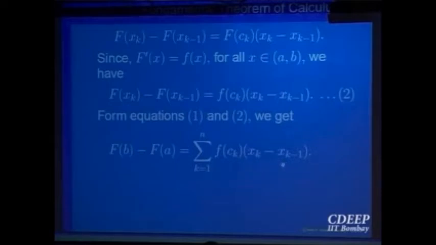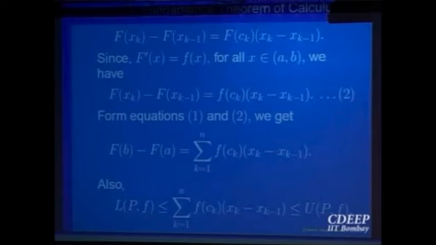Is that okay? What we have done is, we have taken a partition of the interval [a,b], and f(b) minus f(a) we have written as a telescopic sum with respect to the partition points. In each subinterval, we have applied Lagrange's mean value theorem and we have gotten this sum. And this is the Riemann sum, right? This Riemann sum always lies between the lower sum and the upper sum, right? The smallest value of f gives you the lower sum in that interval, the largest value gives the upper sum.